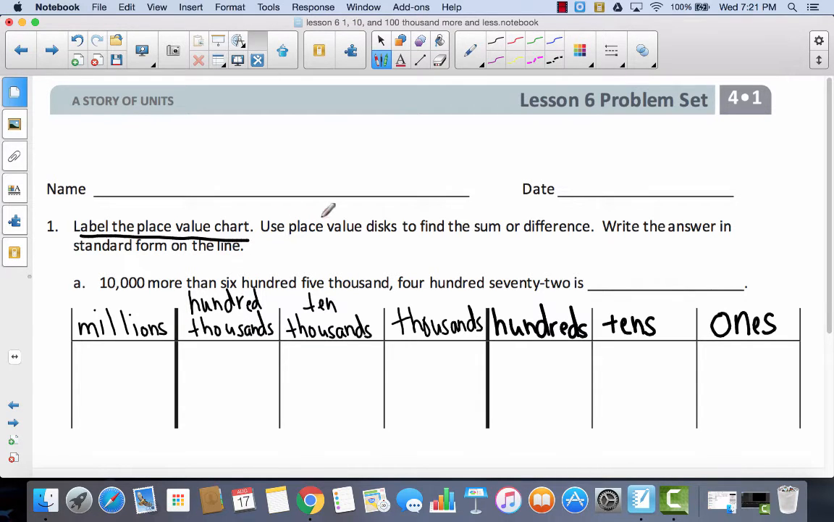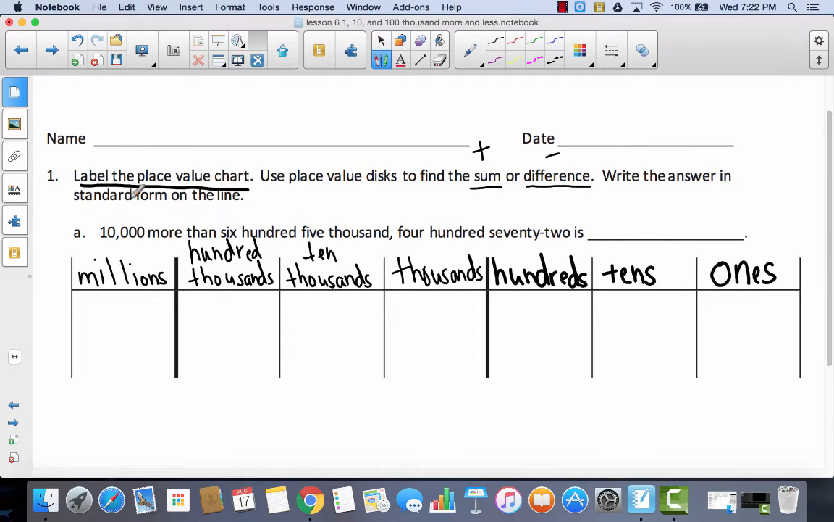Now it says use place values to find the sum or difference. Write the answer in standard form on the line. So we've got to know, what does sum mean? Hopefully you thought to yourself, sum is the answer to an addition problem. What does difference mean? Difference is the answer to a subtraction problem. So we're going to be finding the answer to addition or subtraction problems, and then writing it on the line. We're going to be using place value discs. So we're going to have to do 10,000 more than